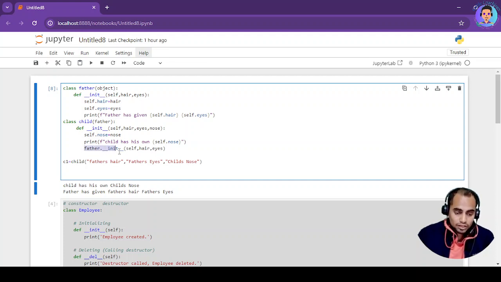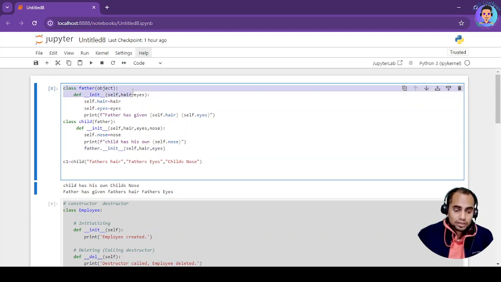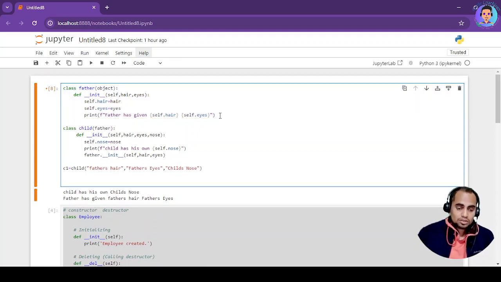Now this function taking two inputs is going back to the parent class. This is my parent class. If I put a space over here, I will be saying this as my parent class. And over here is my child class.